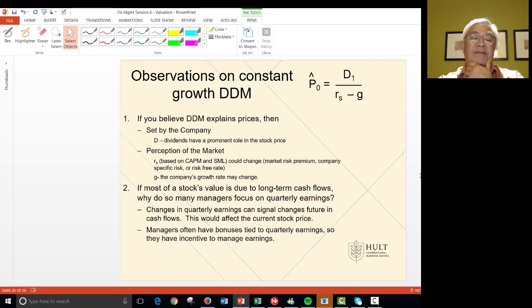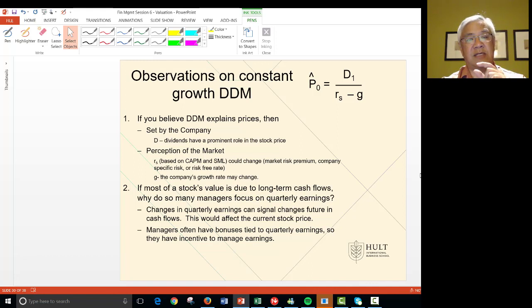Next, we'll look at some observations. If you look at DDM as explaining price, then there are some assumptions that are a bit of a problem here. First is dividends are set by the company, and they may or may not reflect the underlying cash flow of the business. Furthermore, there's a perception in the market about dividends, and those expectations could have some impact on the stock price. Furthermore, if most of the stock value is due to long-term cash flow, then why do managers focus on quarterly earnings? The answer is that there's signaling involved, is that we believe that